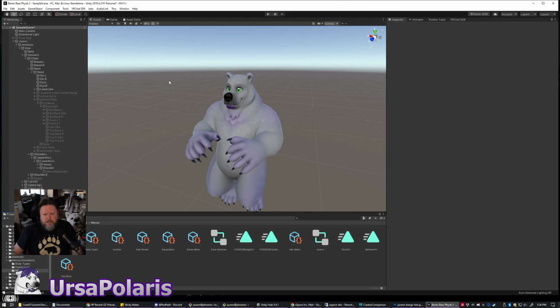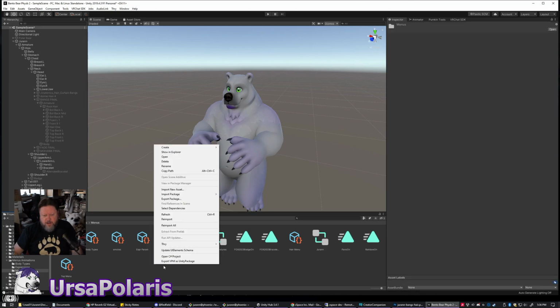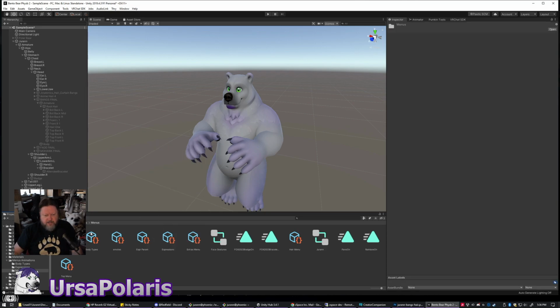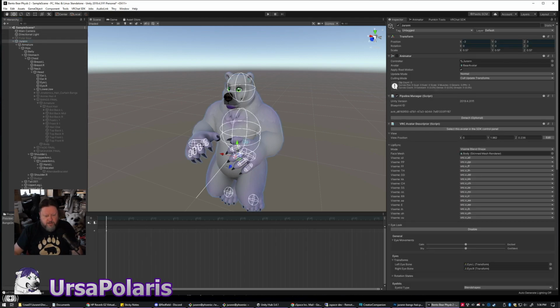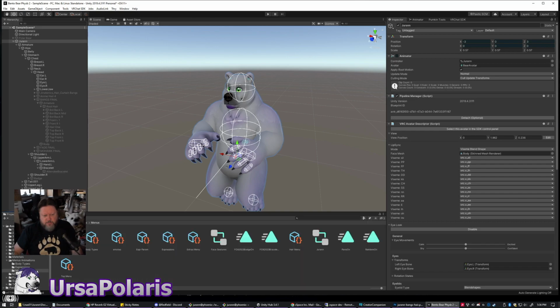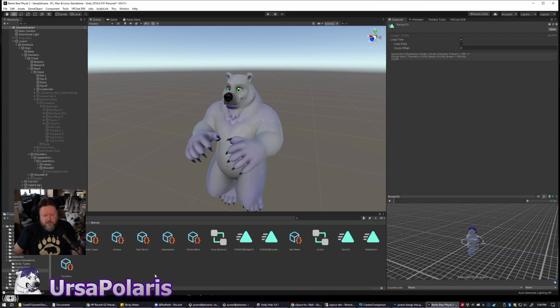I do need an animation transition for hair off, so I'm going to go ahead and click on my root, go to animation. Actually, you know, I'm going to show you a different way to do this. Let me go to project. Another way you can create an animation real fast is by duplicating an existing one. But before I do that,